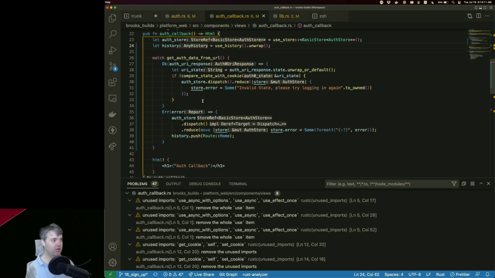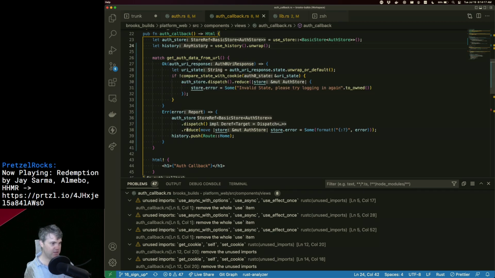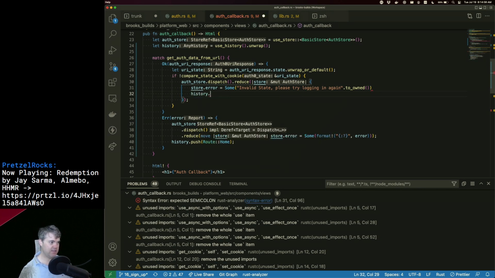Let me stop it, please. No, it's okay. So it's still infinite load. Okay, probably because we're doing a reduce here. Is that immediately refreshing the screen? No, because I'm setting the error here. I need to head back here. So I do need to history push home route. Route home.